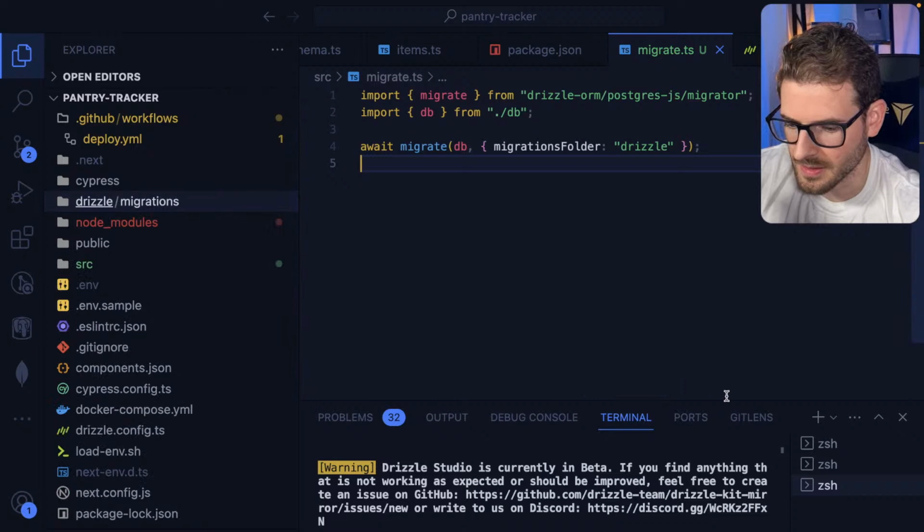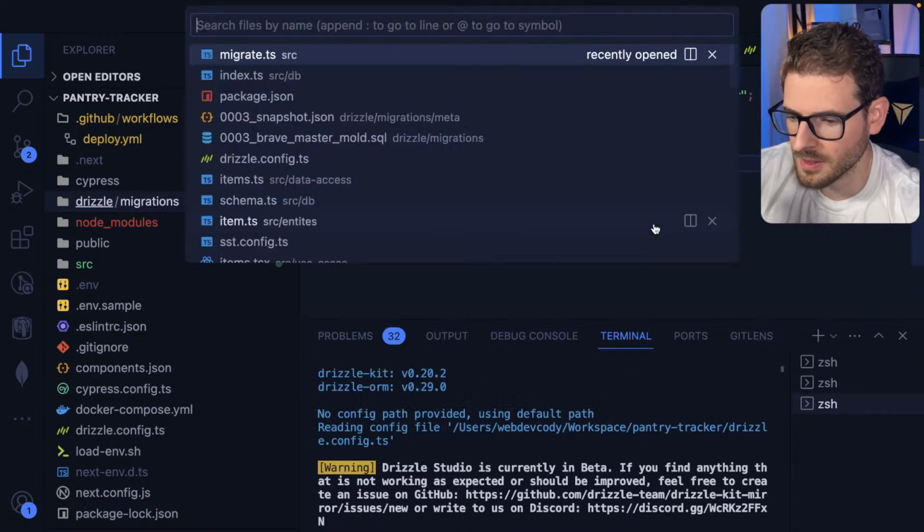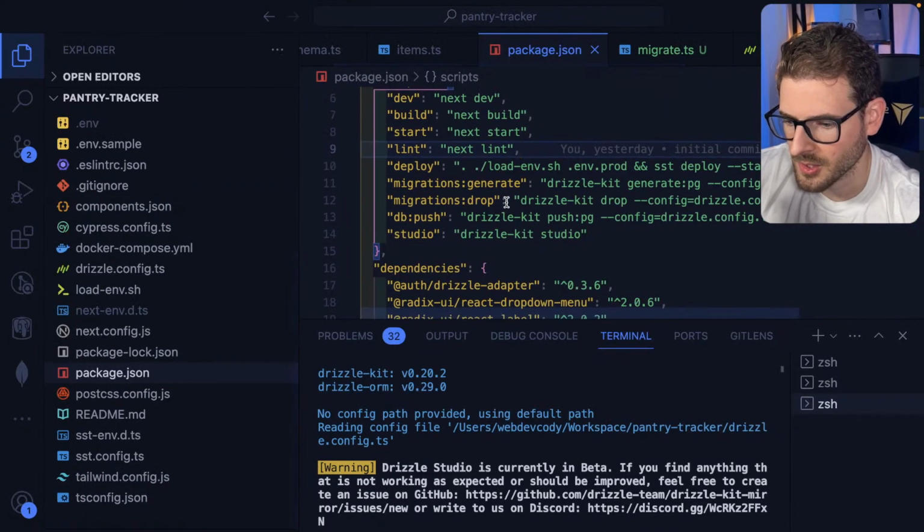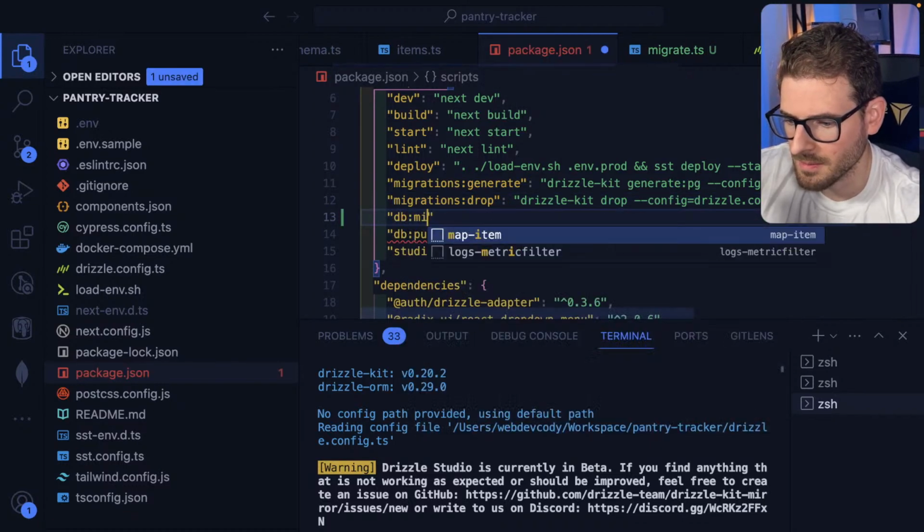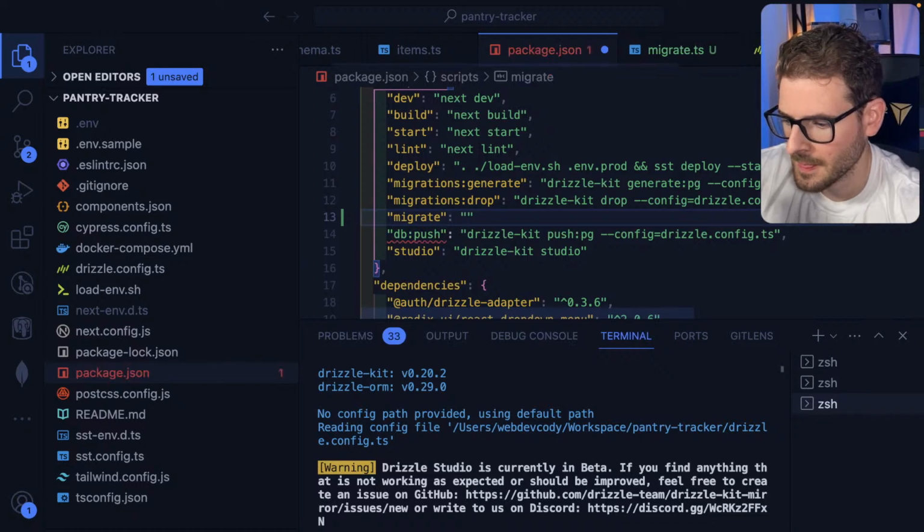All right, let's try running this. So I'm actually, man, my voice keeps cracking. I'm going to go over here, instead of db push, I'm going to say db migrate. Now I'll just say migrate, how about that? And that's going to run